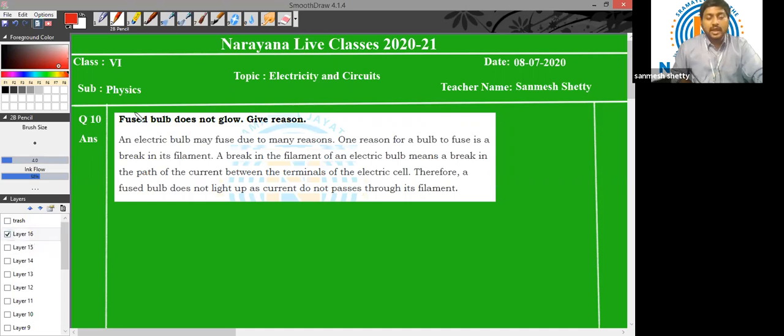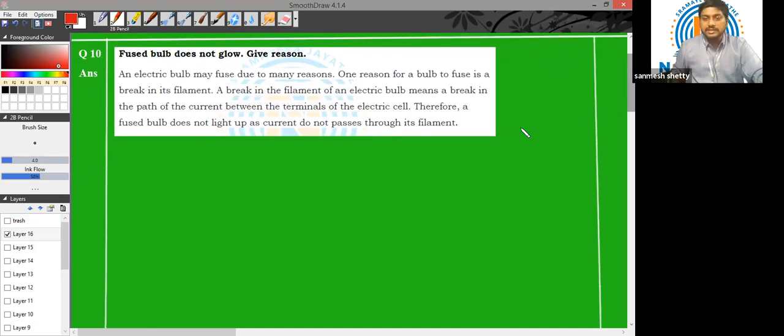Question number 10. A fused bulb does not glow. Give the reason. Now, what do you mean by a fused bulb? Let us draw a simple bulb first.